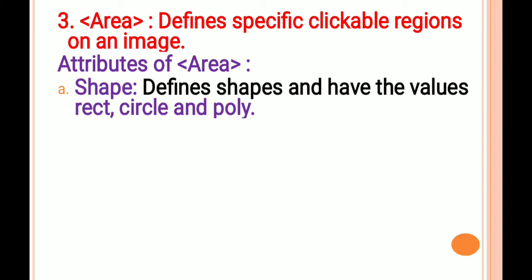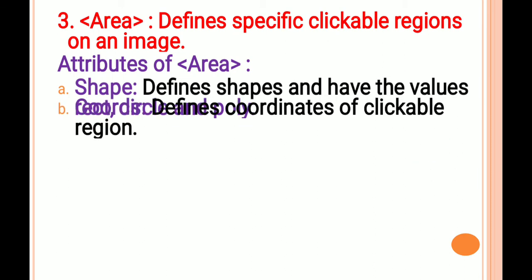If I make use of shape equal to circle, then I can draw a circle. If I make use of shape equal to poly, then we can draw any free-handed shape. The shape attribute has only three values, which are rect, circle and poly.